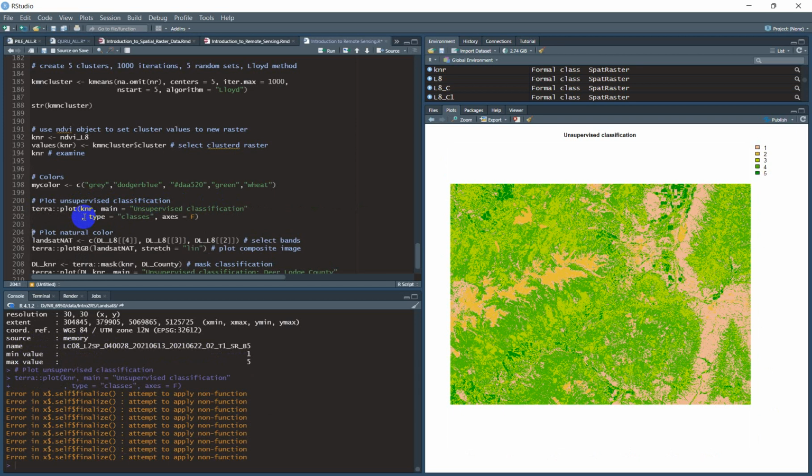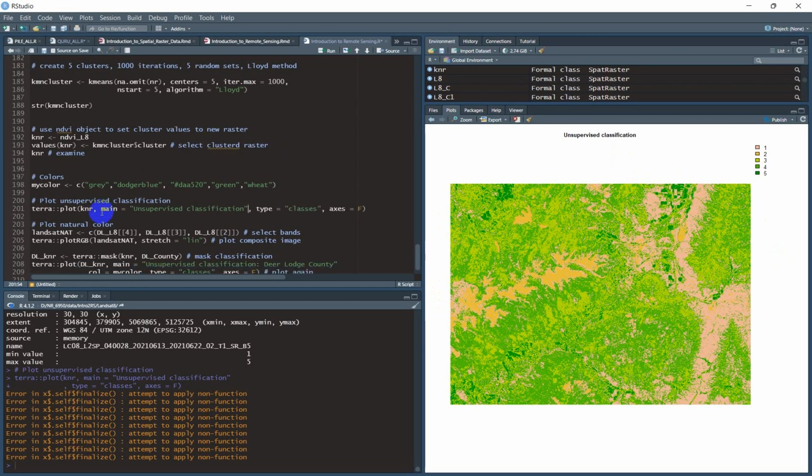Boom. So between a salmon color and a dark green color, we now have 5 classes across our landscape. So this could be helpful. You can kind of see how things work. You have that darker green, which may be forest vegetation. You have that lighter green, which could be grasslands, prairie, sagebrush, I don't know. And then you have this area which is more bare earth. You have your agricultural land. You have your rocky outcrops. So the general colors that pop out could be helpful in understanding classifications across the landscape, but